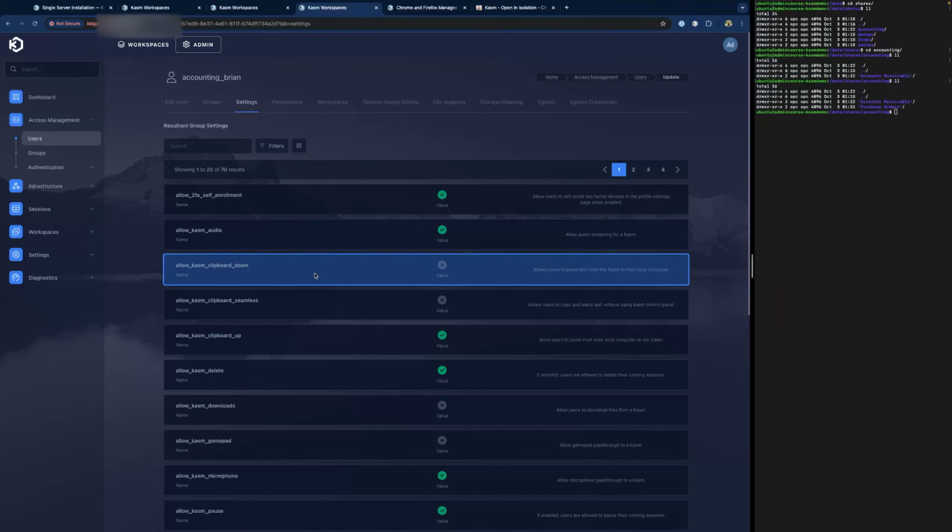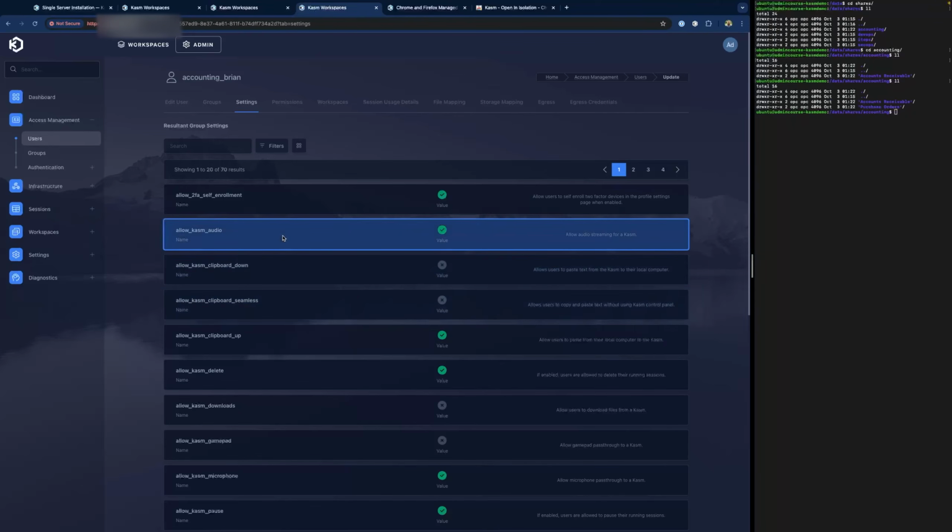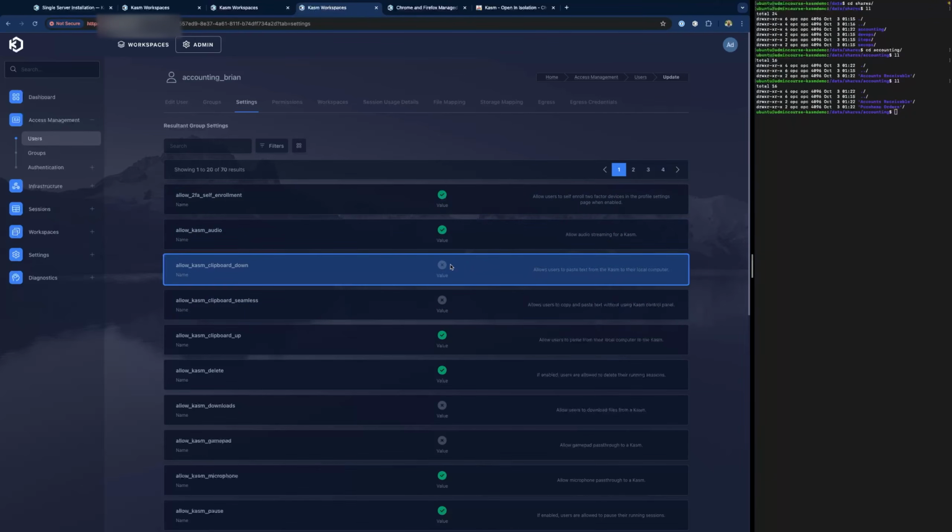One other thing I forgot to mention about settings. So again, it's based on the group memberships Brian is a part of. And then remember, if there's a conflict, the lower the group priority number is, the more it will determine the setting that takes precedence. And so we were able to demonstrate when we did things like clipboard down and disabled, that took precedence, versus the all users group who can download things via clipboard.